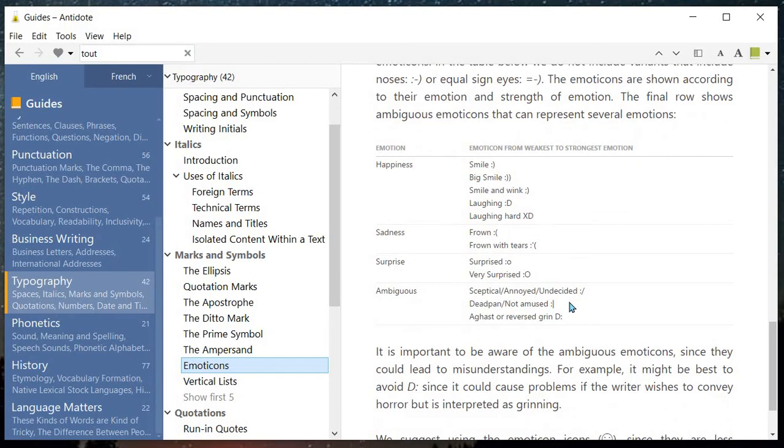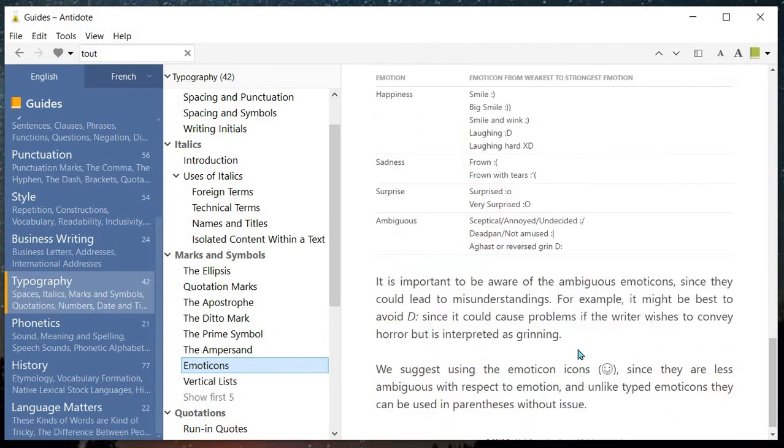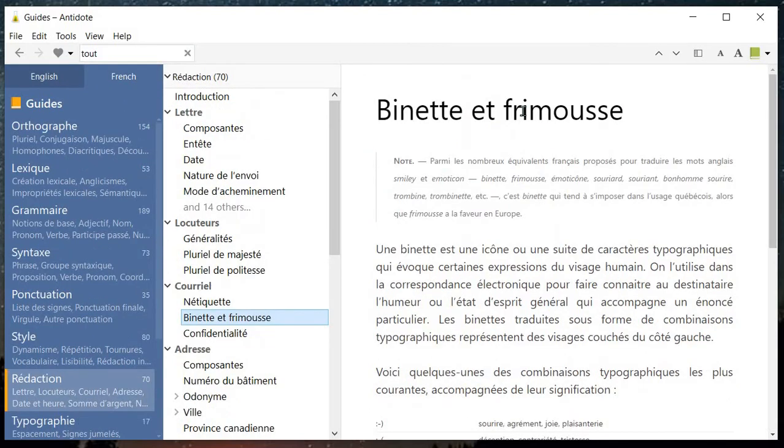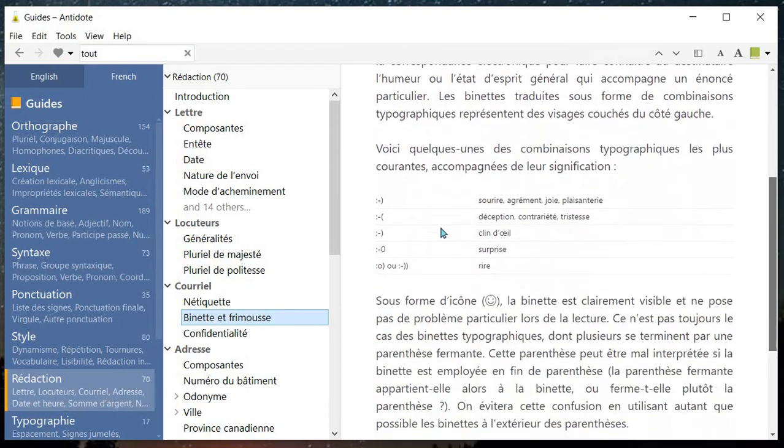and surprise, ambiguous, different emoticons, and it tells you when to avoid them, which is great because it is a thing that now we use emoticons a bit more, so it's good to know how and when to use it. Now, the ironic thing is when you go into the French section, Binette et Frimousse under Courriel, they actually have